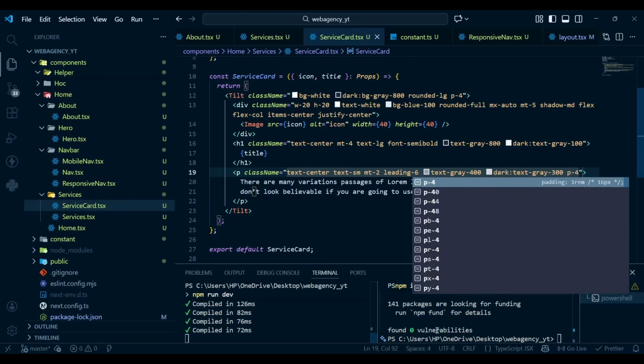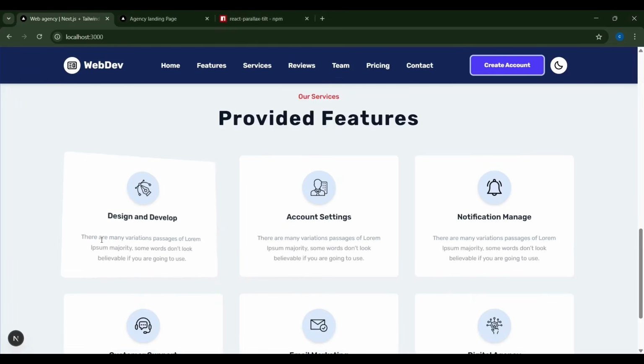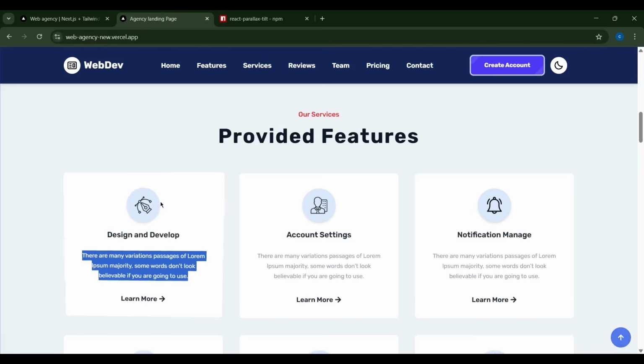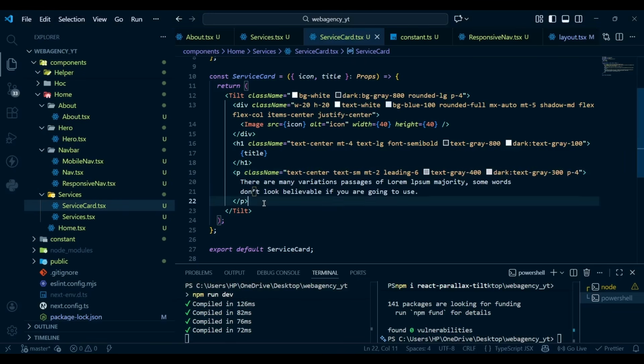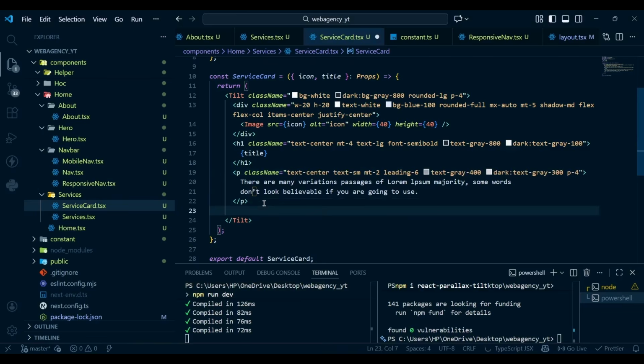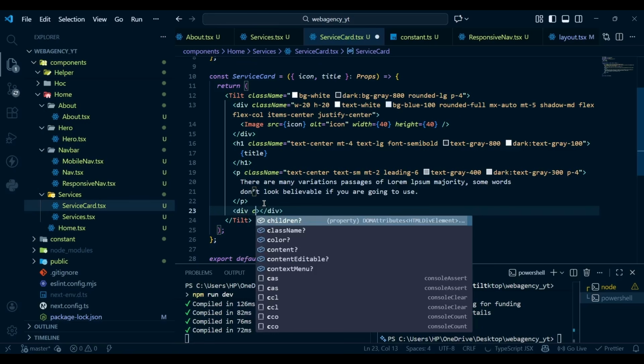So now if I hit save and go to our project, here you can see we have our subheading, or you can say the description. Next we have this learn more button, so let's go here. After the p tag we have a div with class name of